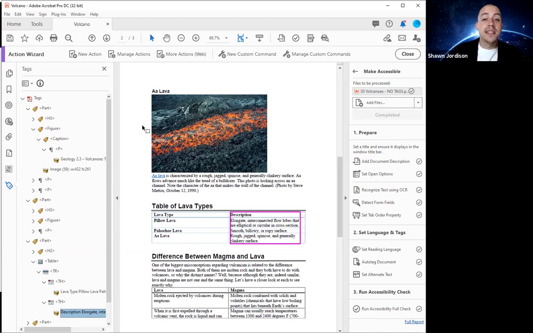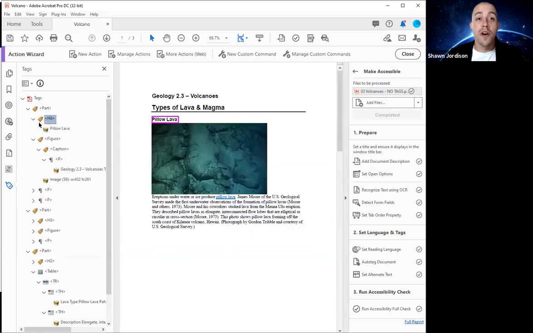But the point of this is to simply show you what the process can do. And a big part of that is to take a step back and understand why we would even do this. One of the main reasons for using the Action Wizard is to provide a foundation to begin remediation. Okay, so this is great for a document that comes in untagged, which is what this is. So this makes sense so far with the tags. What I want to show you now